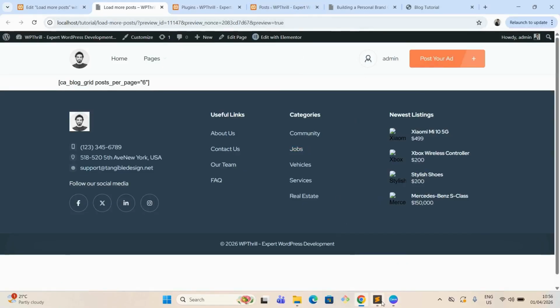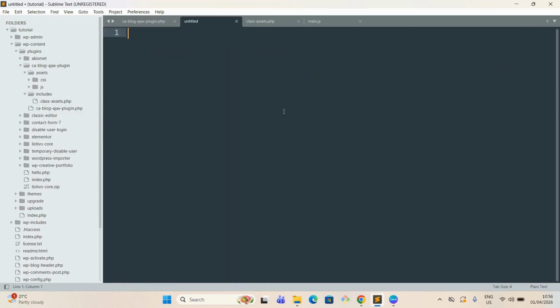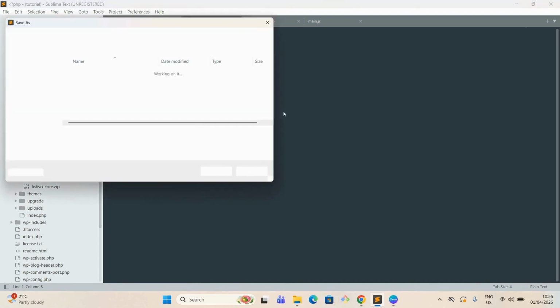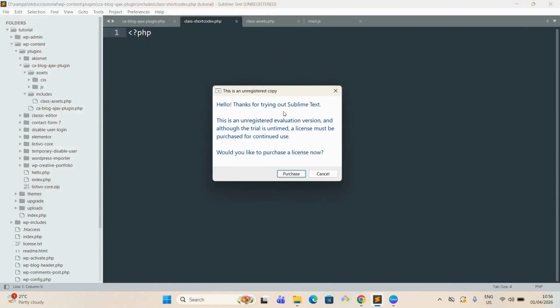All right, so how to achieve this, how to create this shortcode? I am creating another class, and I can name it, as you know we are using some sort of a prefix for our classes. So I can simply say it like class shortcodes.php. All right. So we have created our class, and the next step is to actually write code for